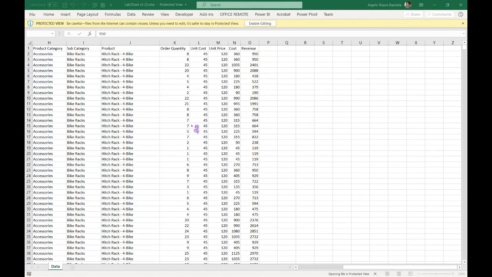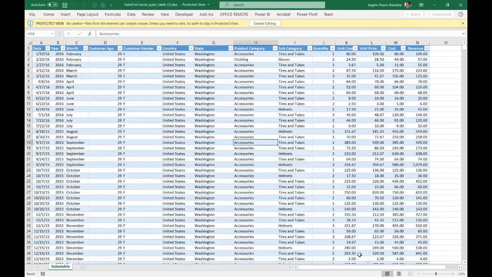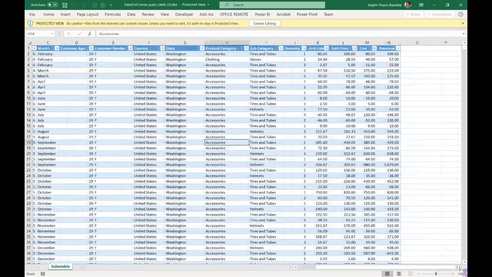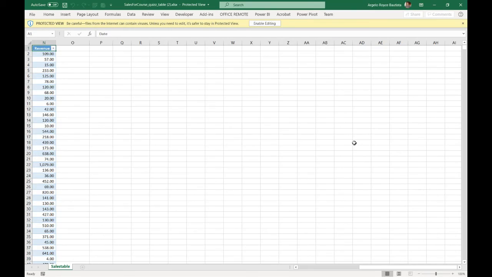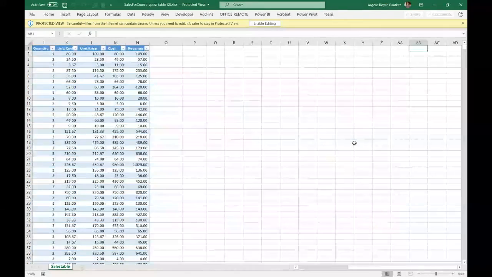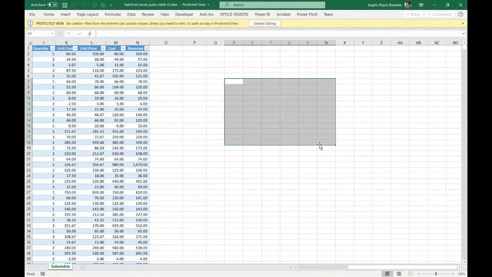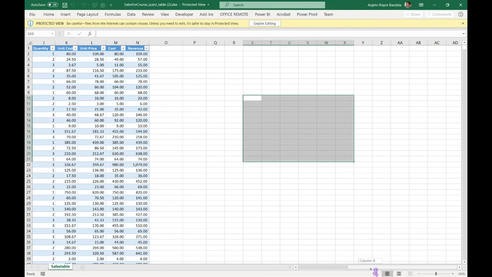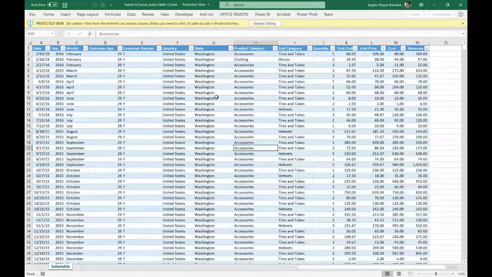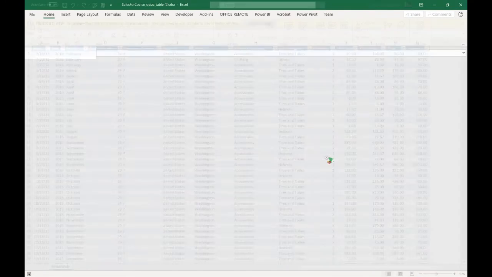A range is a piece of the worksheet. You have a worksheet, which is everything that you see here, and a piece of the worksheet is what we call a range, so it could be anywhere. An Excel table is a structured object in Excel. So let's say we're going to create a new column, which we call profit,